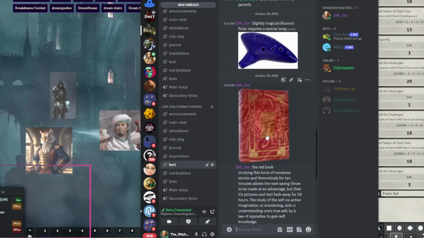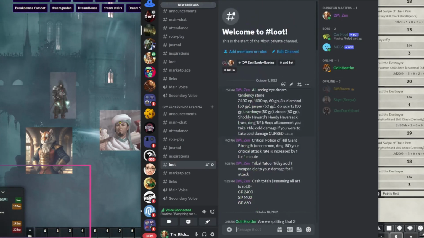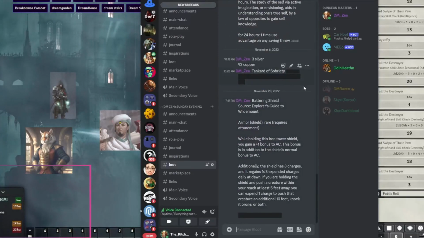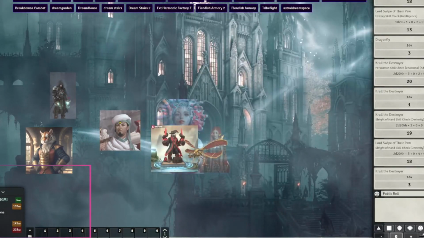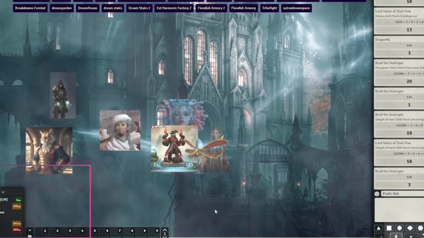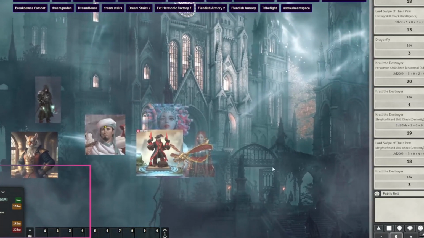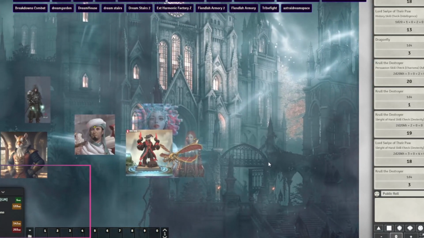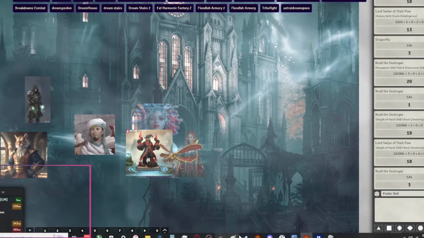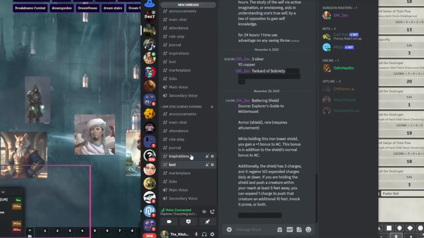The bag of holding itself is pretty shoddy. It doesn't look all that nice. In fact, it looks like something straight out of the desert, one of the tribal wares, perhaps. I'll go ahead and put that in the loot channel for you.